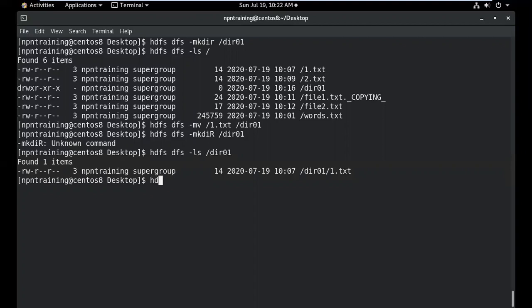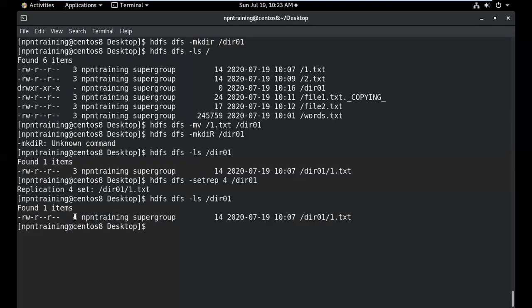So if you want to do that, you can do hdfs dfs -setrep. That means it is set replication. I'll set the replication factor as 4 to the complete directory 01. So when I execute this, you're going to change the replication factor for the complete directory 01. For the complete content of this directory, it got changed to replication factor 4. Now, can you see this here? If you view the content of this directory, you will have replication factor as 4.